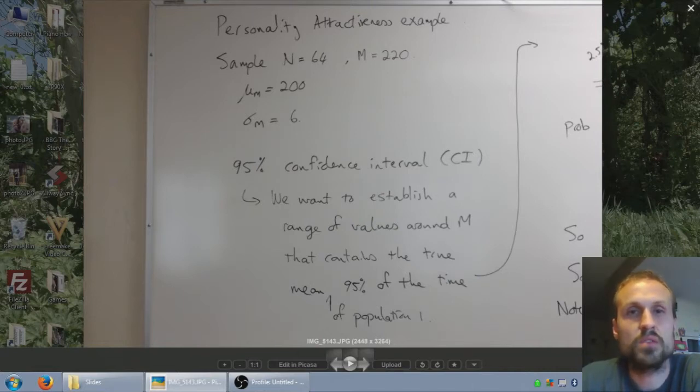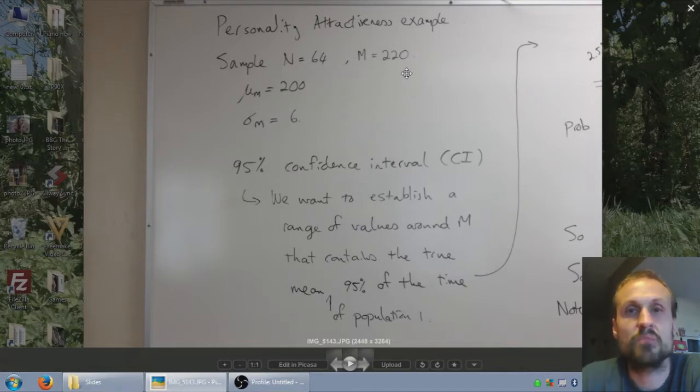The best way to look at it is just by a little example, and the process is pretty much always the same. So let's focus on the personality attractiveness example once again, where I had a sample of 64 people,